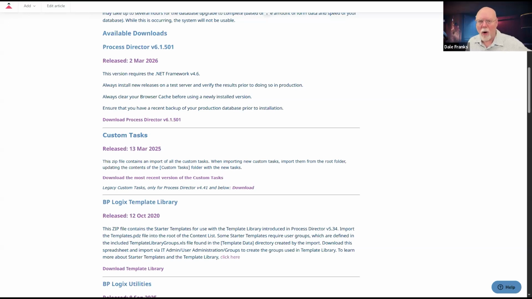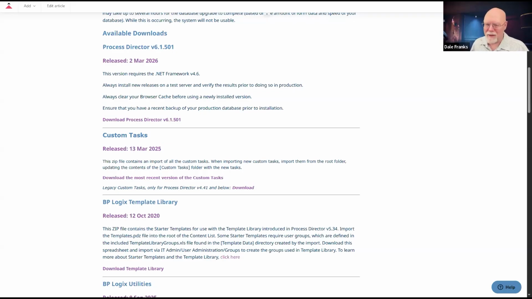If you have an older version of Process Director, it does get a little iffy when you're trying to upload new custom tasks, especially across major versions, because the custom tasks that used to work with, say, version 5 might not work with version 6 because of some of the changes we've made.